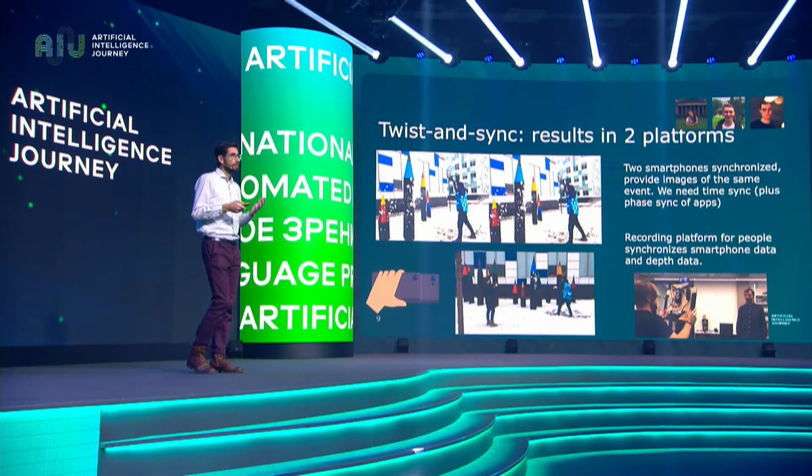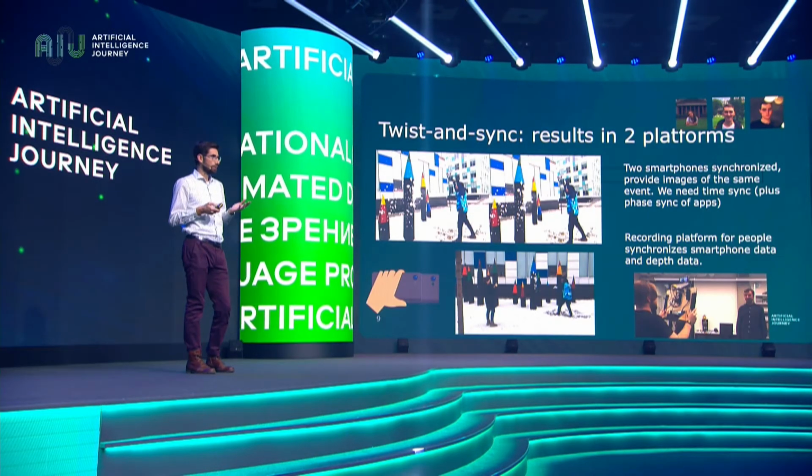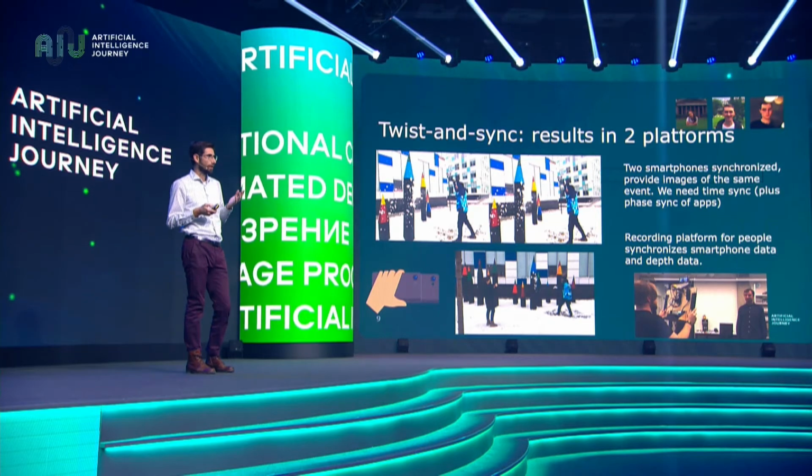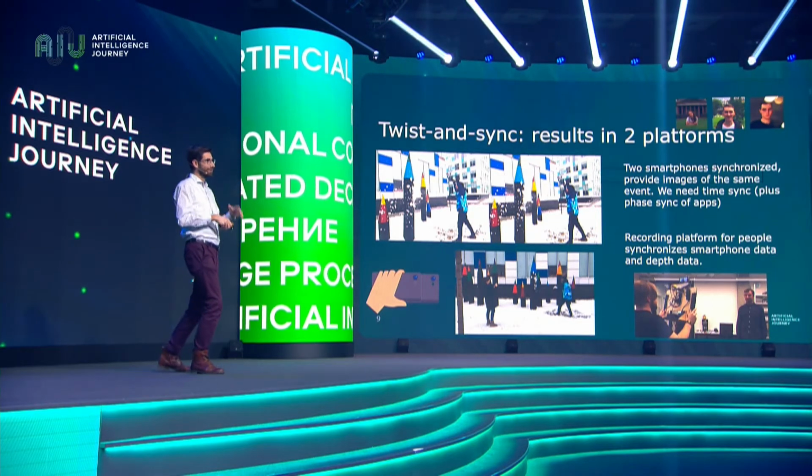Okay, so let me give just a couple of examples. This was supposed to be a GIF where things are animated. We have two mobile phones, one very close to the other, and we were taking images after doing proper time synchronization. There is also a little caveat: it's not just time synchronization that we need, but also phase alignment. This means that both applications are shooting at the same time.